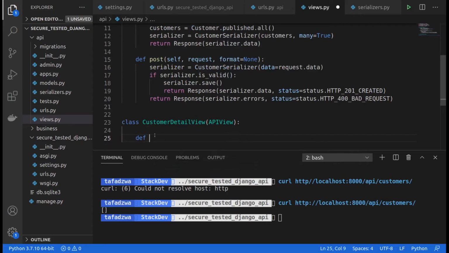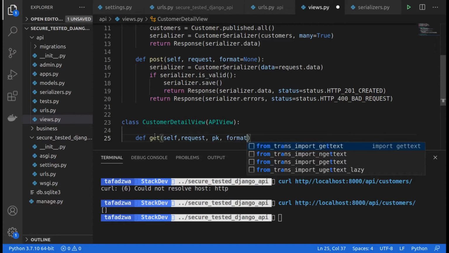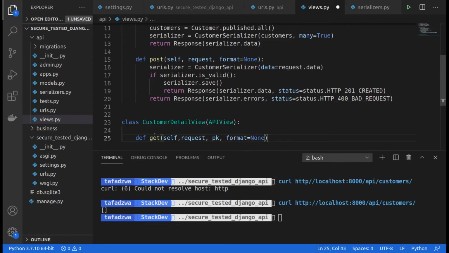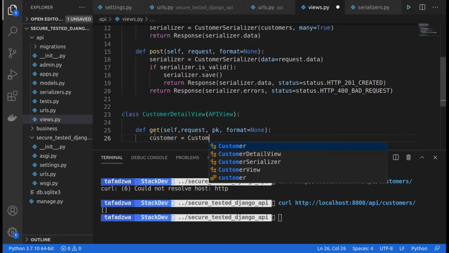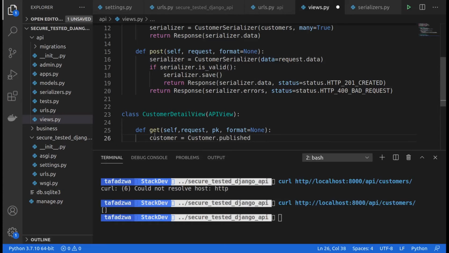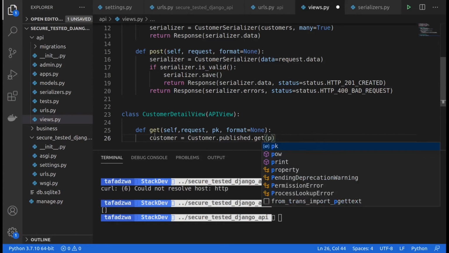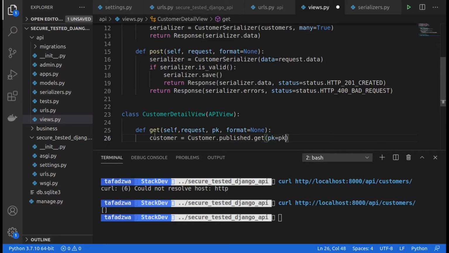So def get, we pass the self, and then we'll pass the requests, right? Since we are passing a primary key as a parameter, we simply pass the parameter, then we can say format is equal to none, right? So inside this one, what we want to do here is we want to say the single customer that we're going to get is going to say customer dot published. So we want to get the published customer dot get with the primary key is equal to the primary key,